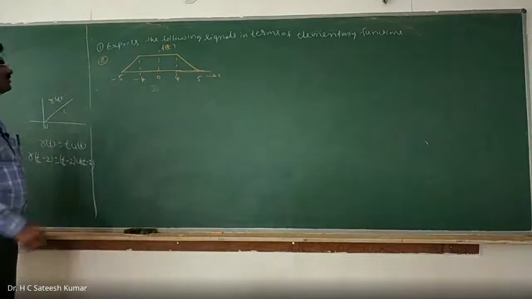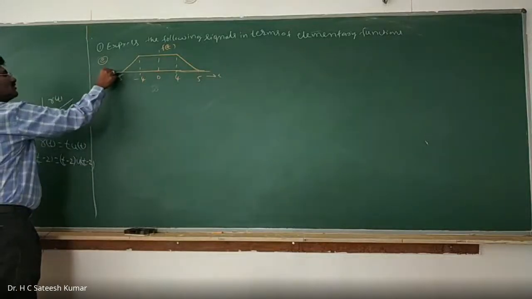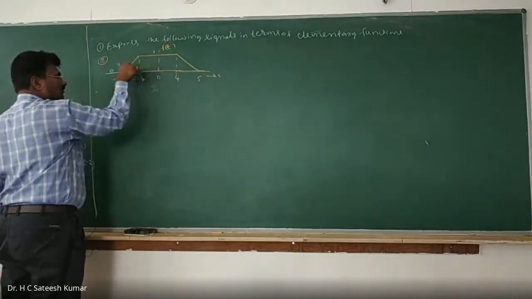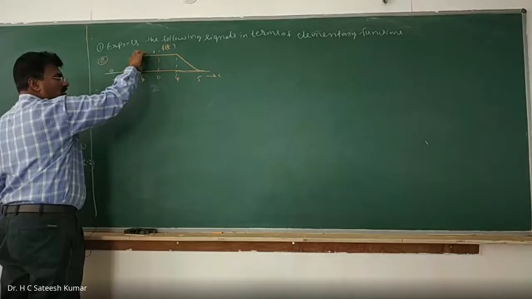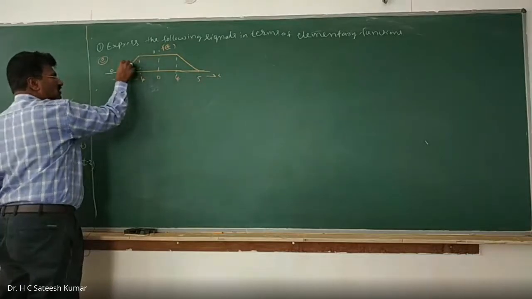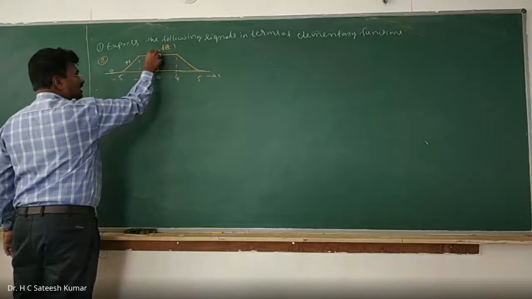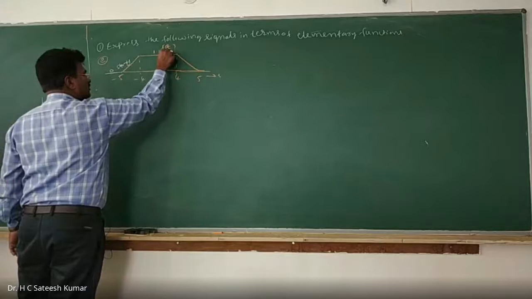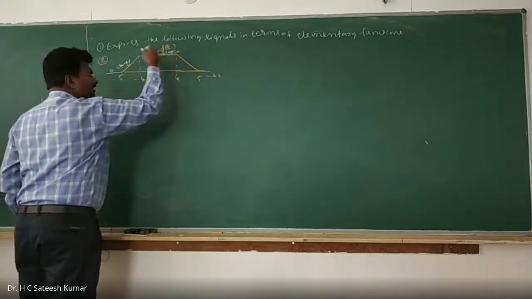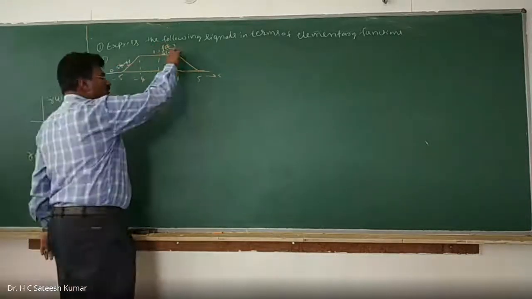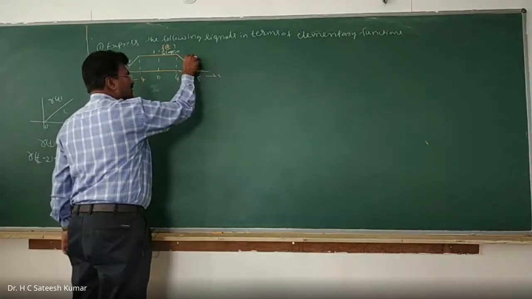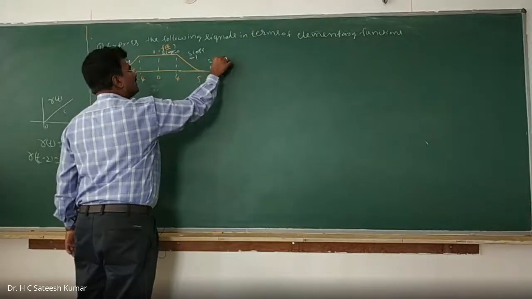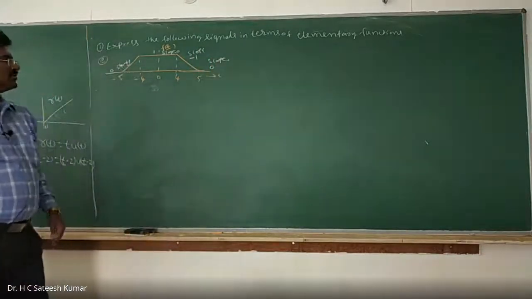So what will you do? First, you understand the slopes. This slope is 0. This height is 1, width is 1, so 1 divided by 1 is 1. Therefore this is a +1 slope. What is the slope of this one? Horizontal line means slope is equal to 0. Decreasing, 1 divided by 1, means -1 slope, and then 0 slope. First you understand the slope, then we can write it easily.